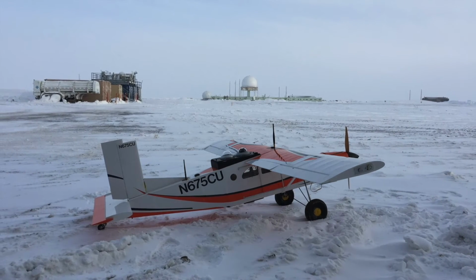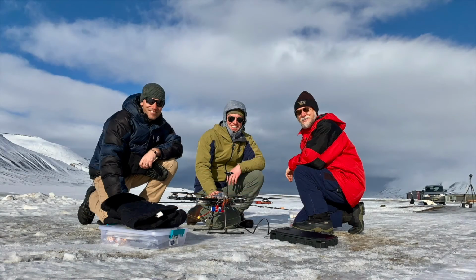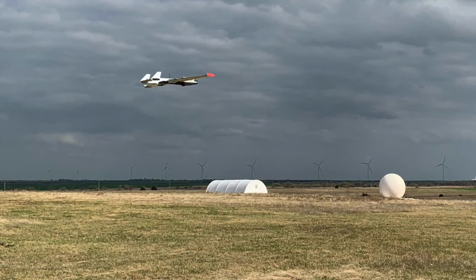For the drones that we fly, we do travel with the aircraft, and we usually try to fly those maybe a couple of miles away from where we are, which means that I've gotten to travel all over the world for work, which is usually fun. And it's always hard work. Sometimes it's a little bit harder than other times, but I've been to the Arctic a couple of times. I've been to the tropics. I've gone to Oklahoma, all over the place in Europe to fly these different systems and make measurements in different